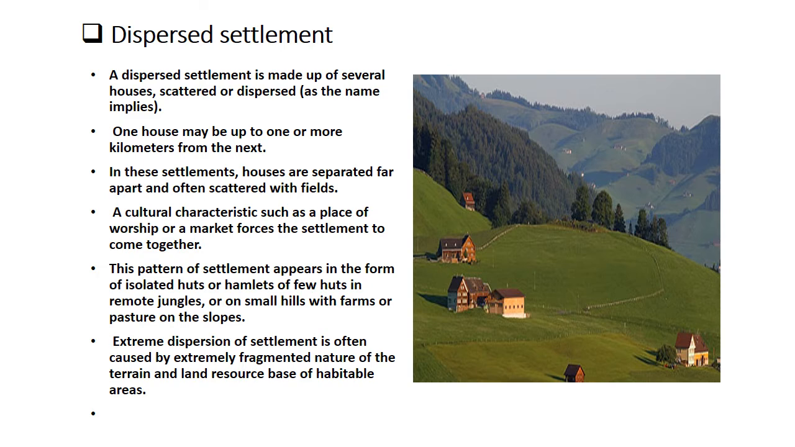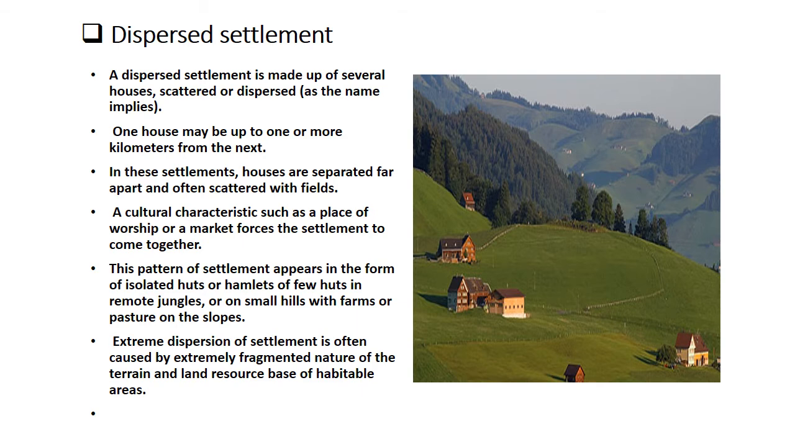A dispersed settlement is made up of several houses scattered or dispersed. One house may be up to 1 or more kilometers from the next house. So there is almost a 1 or more than 1 kilometer gap between the houses. You can see this mostly in the villages. When the villagers construct their houses in the farm itself, you can see that the gap between the houses is more. In this settlement, houses are separated far apart from each other, scattered within the